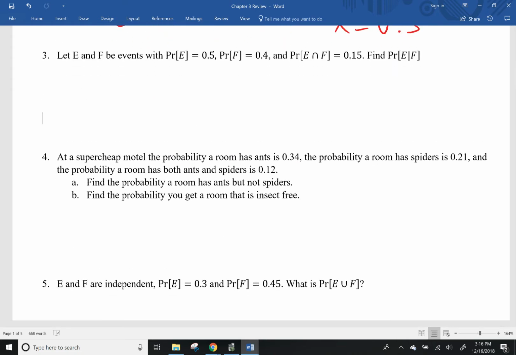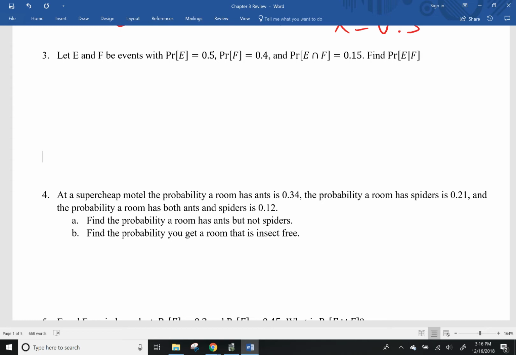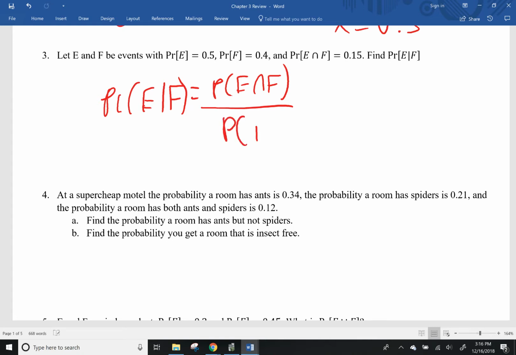Number 3. Very similar problem, but maybe even a little easier, because we are finding the probability of E given F. Again, the formula needs the intersection of E and F divided by the probability of F. It's easier because it tells us the intersection right away. We know the intersection is 0.15, so just plug that into the formula over the probability of F,